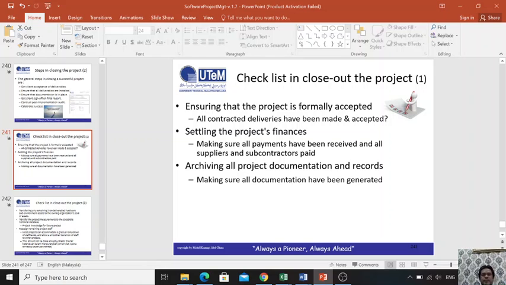So you need to ensure the project is formally accepted. All contracted deliveries have been made and accepted. Make sure that project finance is settled. Making sure all payments have been received and all suppliers and subcontractors are paid. So you deal with third party subcontractors, for example,